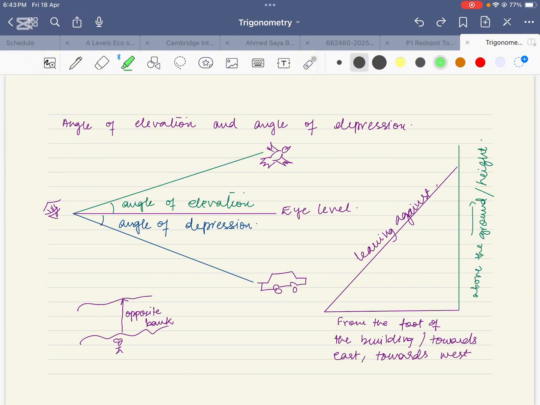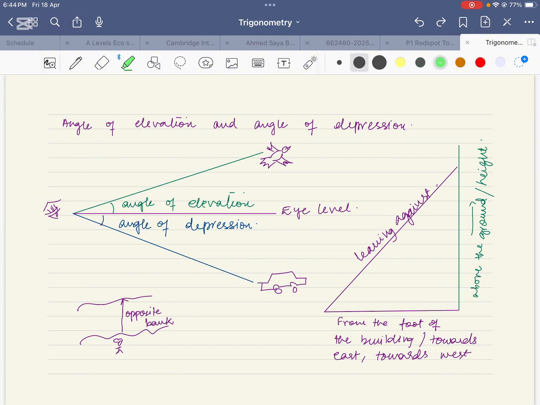But if we are constructing a triangle, then we are going to use the concept of alternate angles, where we have a Z, right? So this angle of depression is equal to this angle made with the level ground. There are a few more things that I want to tell you.